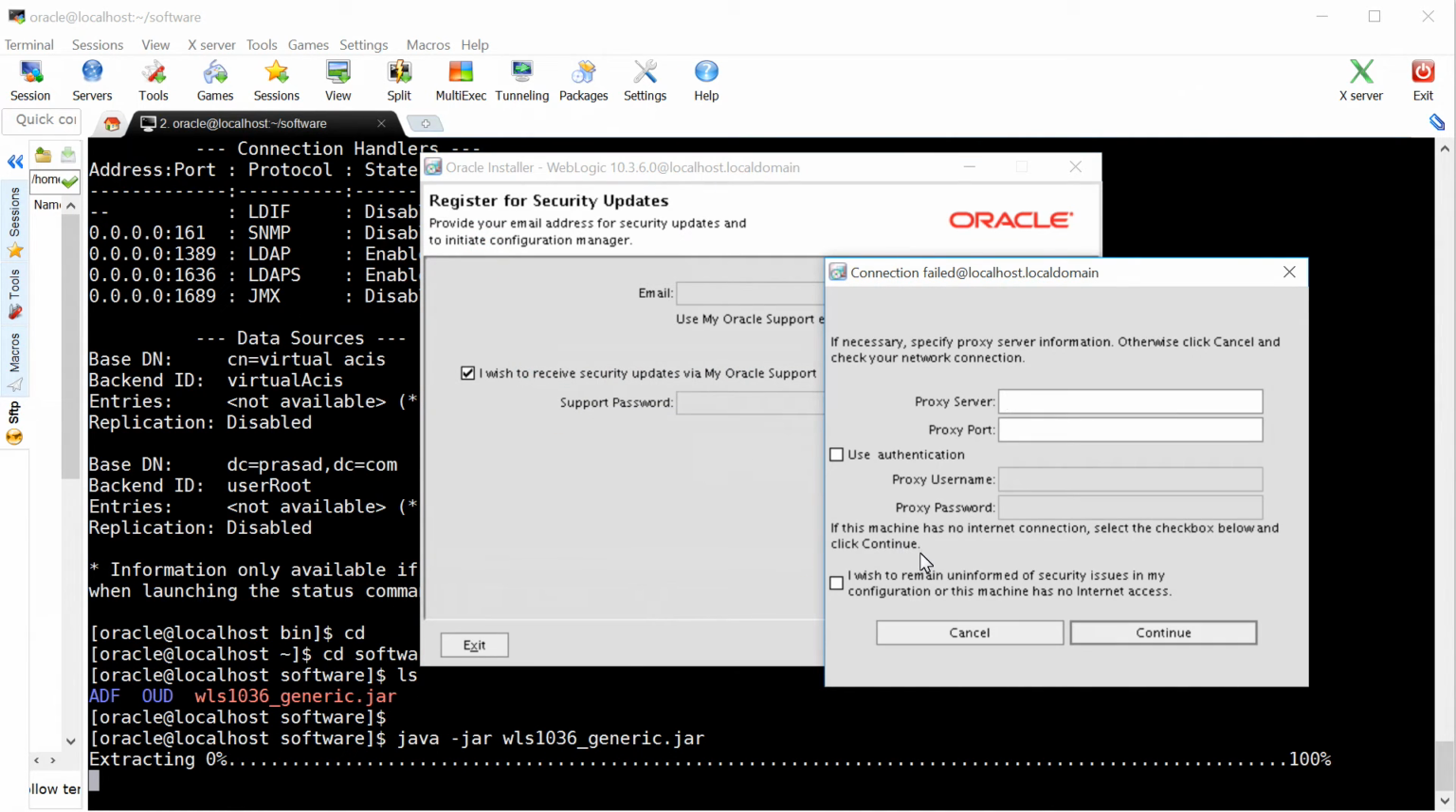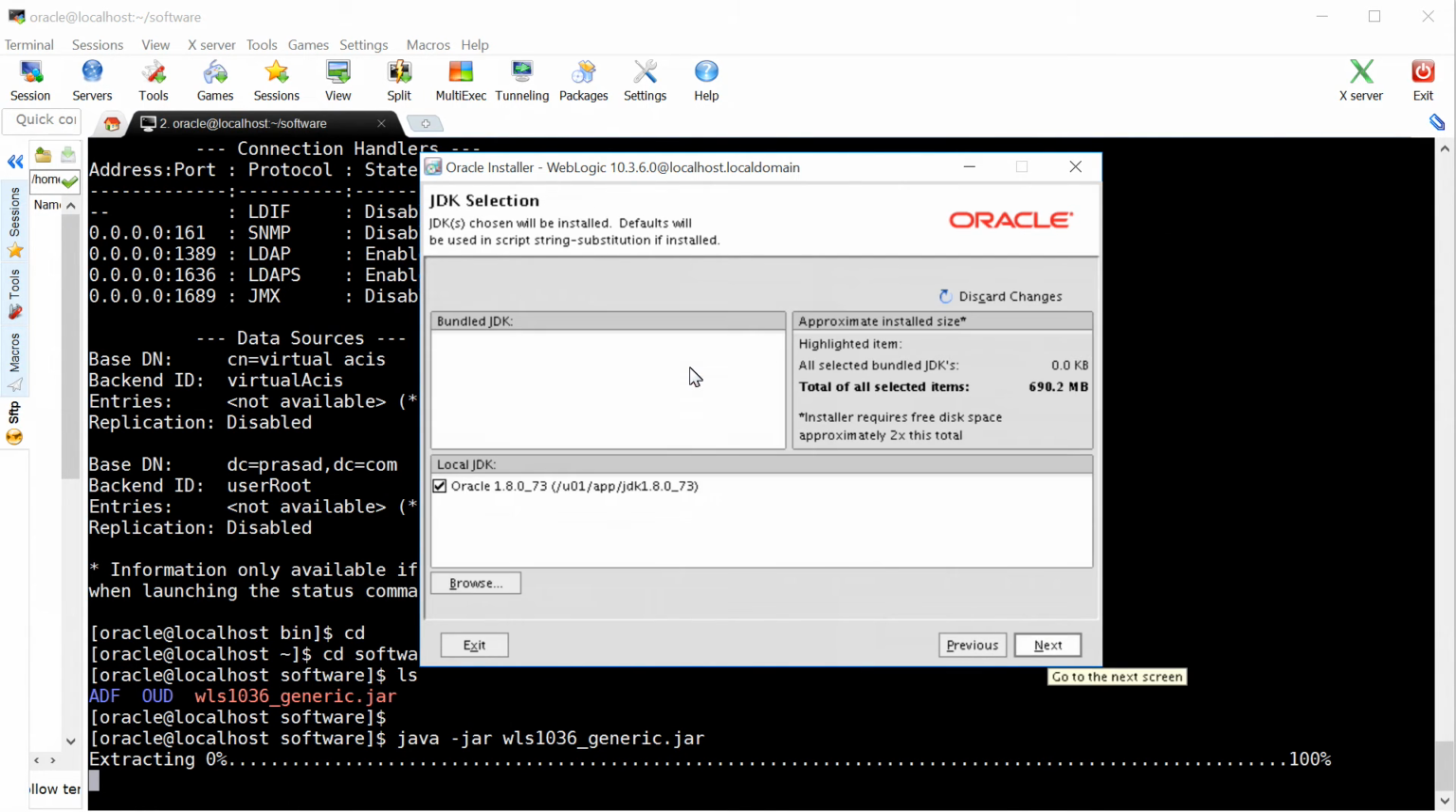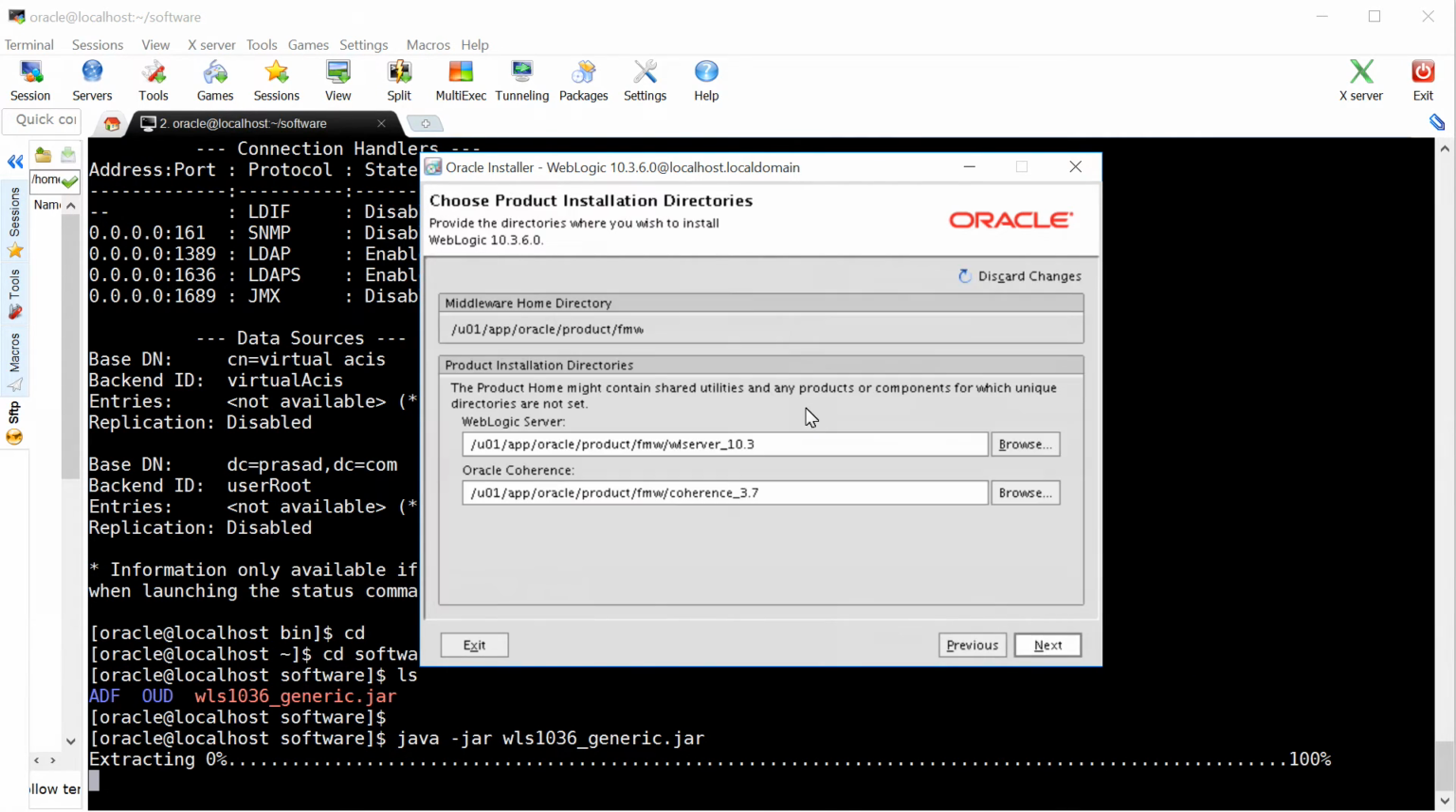It will ask you for confirmation a couple of times, and then you can go with the default typical installation, which installs your WebLogic server and Oracle Coherence. Click next, then verify your JDK path, and then click next. So here it will give you the paths for your WebLogic server and Coherence. You can accept the default paths. If you want, you can change them here. Click next,